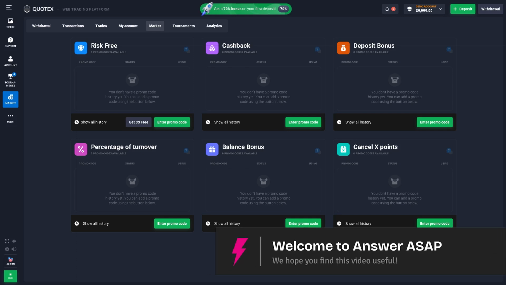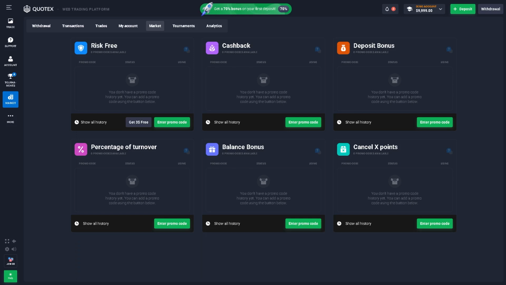In today's video, we are going to show you how to set a stop loss in Quotex. Let's begin. Now, the first thing that you need to do is log in using your credentials, and then on the left side panel of your dashboard, I want you to click Trade,